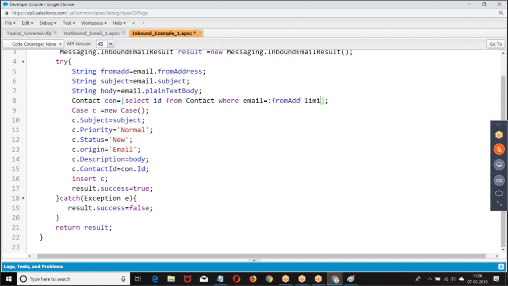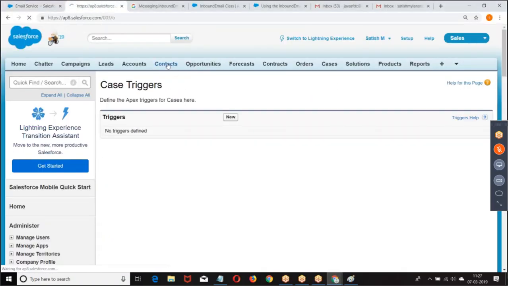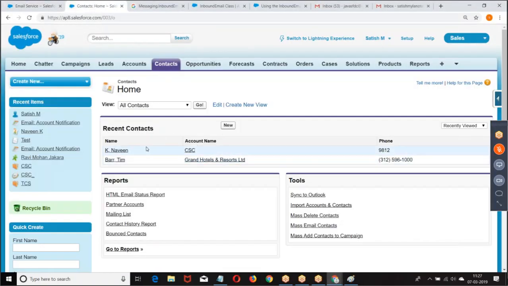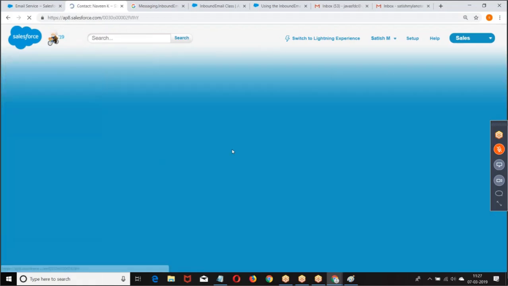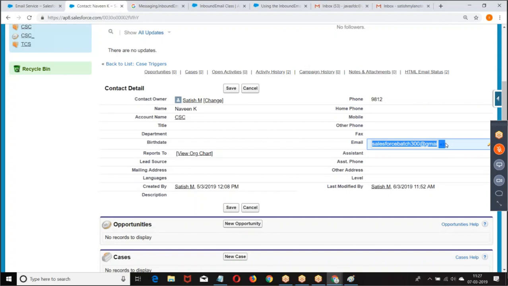There is a possibility that I might have received more than one contact, or there is a possibility that there is no contact with the name of Satish Bala Notes. So what I will do, I'll try to modify the email address, because I wrote a SQL query. If the SQL query is not giving any record, the DML will fail. Then I'm giving it